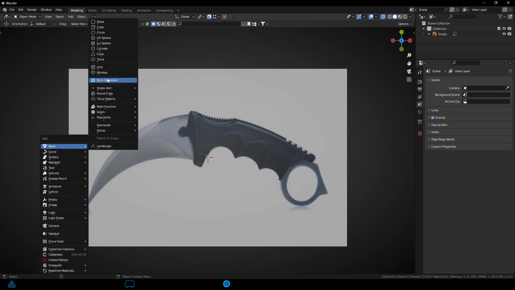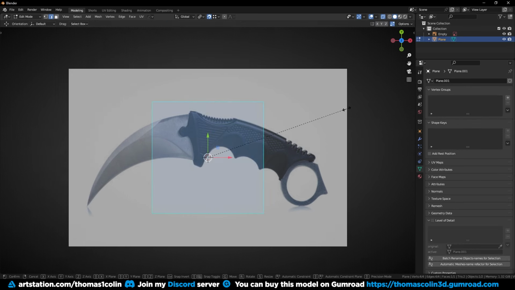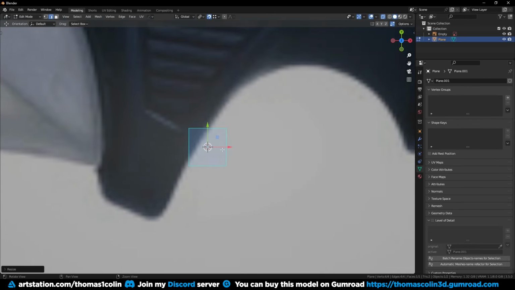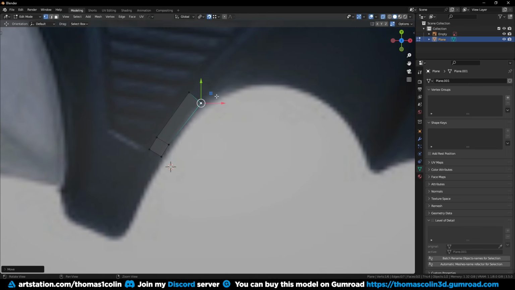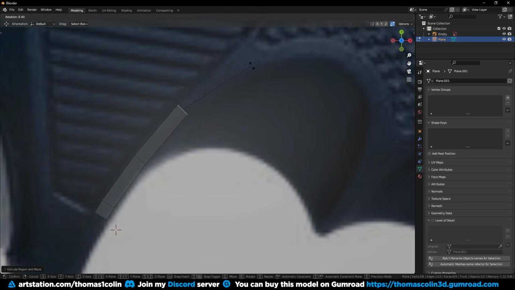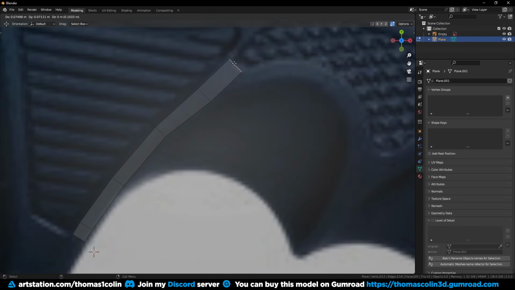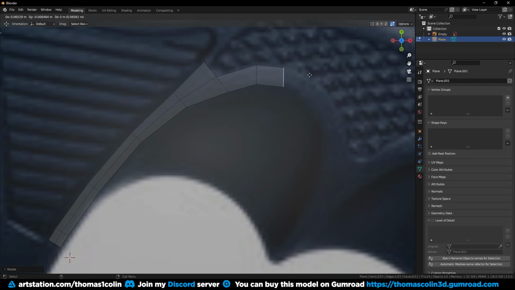Let's create a plane. The idea is to model everything on a flat plane to mainly focus on the topology, so the video is a little bit sped up to keep the length of the video shorter. There are not a lot of things to comment, because all I'm going to do for the next 5 minutes is to extrude and adjust the position of the vertices to make the details of the grip. You can just follow what I do for the flat part, and I'm going to explain what I do for